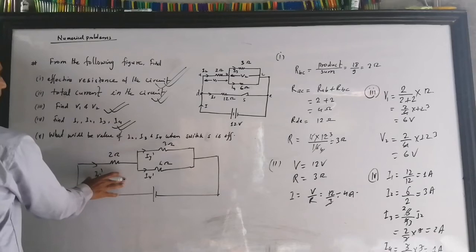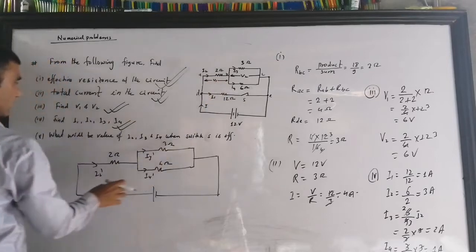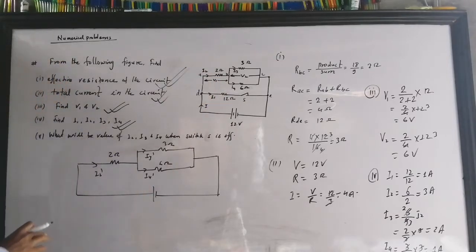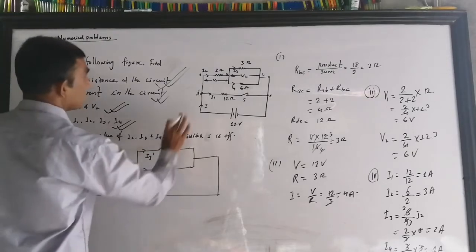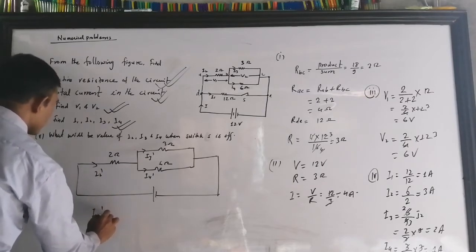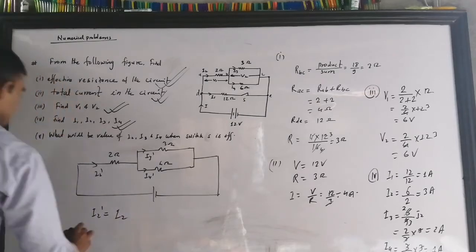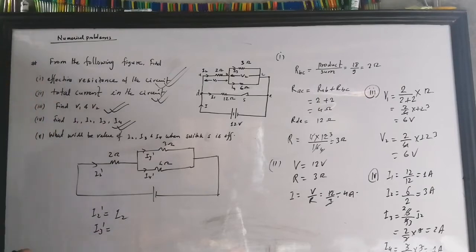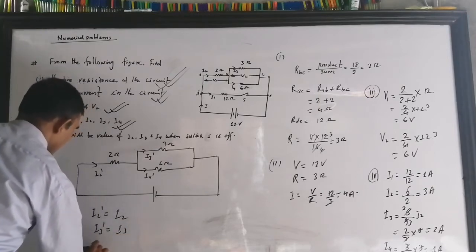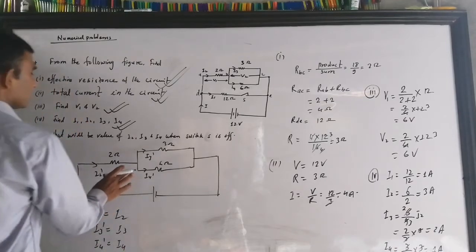Of course, again we will find it using the voltage divider, we will find the voltage, and voltage in parallel remains the same. So how much was the voltage before? Now also the voltage is the same. So tell me, is there any difference? Any difference in this current? Nothing becomes different, and so I can tell this I2 dash will be the same as I2. Likewise, I3 dash will be the same as I3, and I4 dash will be equal to I4 only, because nothing is going to change there.